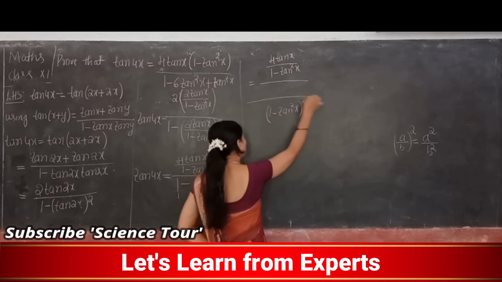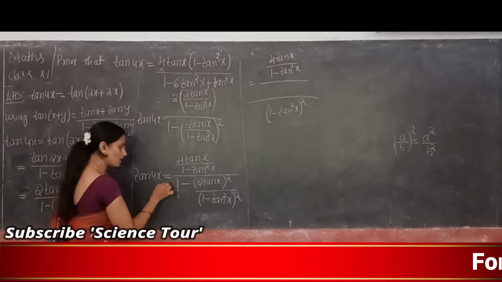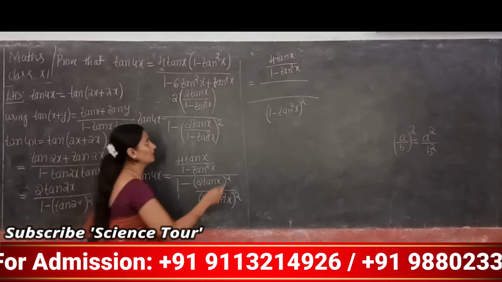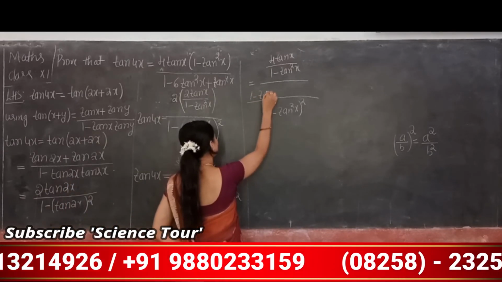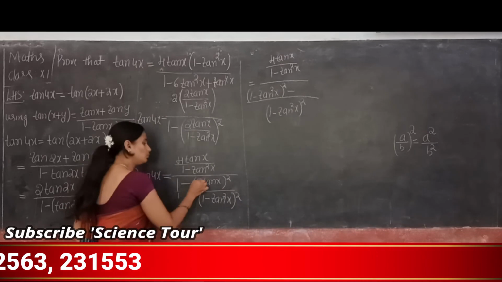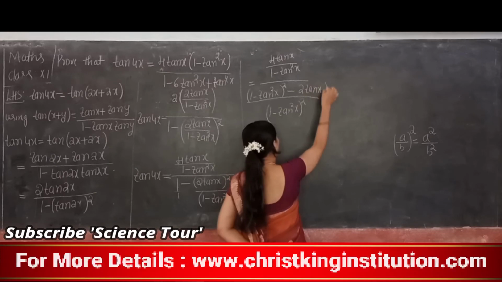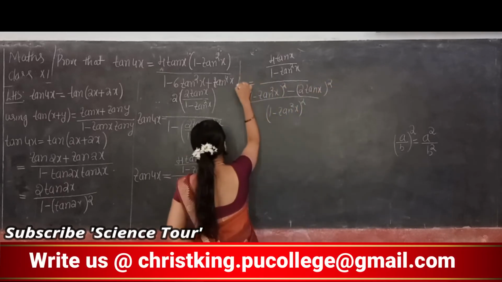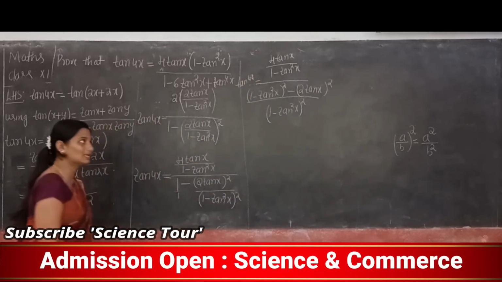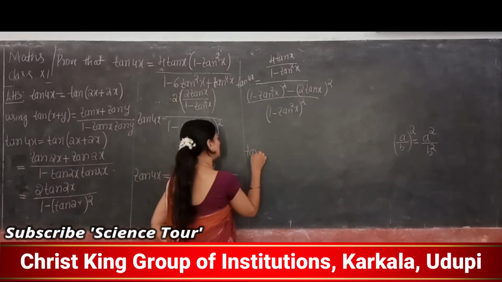Correct, no? The numerator part. So 1, how much is this one? So it is (1 minus tan square x) whole square, or else cross multiply 1 into this one. LCM part you know, right? (1 minus tan square x) whole square minus (2 tan x) whole square, which is equal to tan 4x. Clear this simplification? Yes.